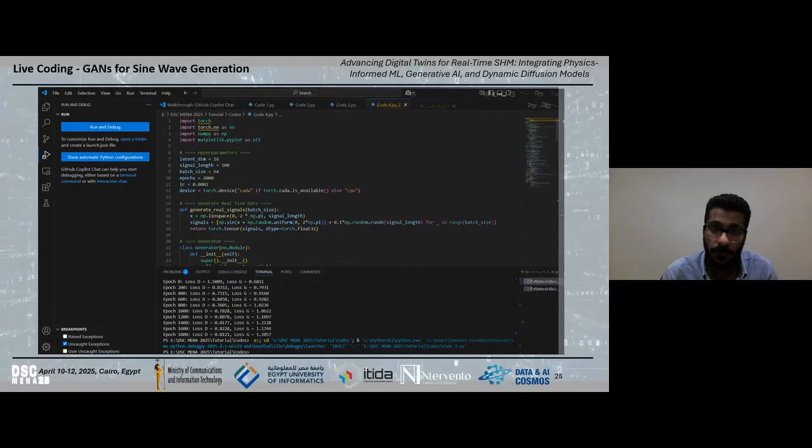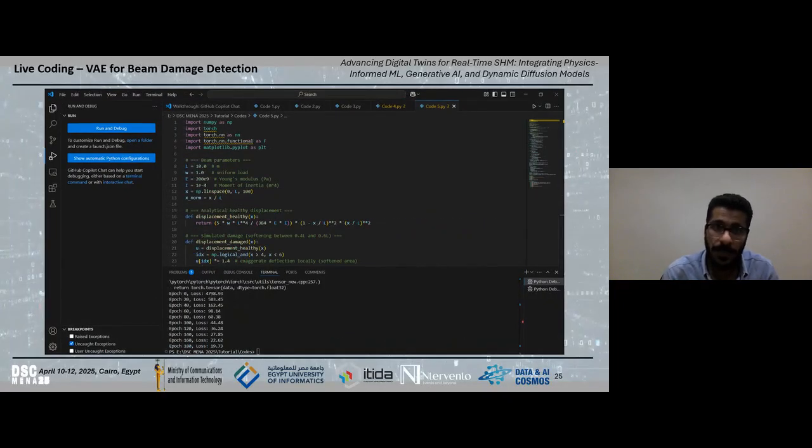So now we are going to move to how we use GANs, and how we use a variational autoencoder for sine wave generation. Then we are going to use the variational autoencoder for a simply supported beam to detect damages in the beam. As you can see here, we introduce a normal parameter, and then we introduce